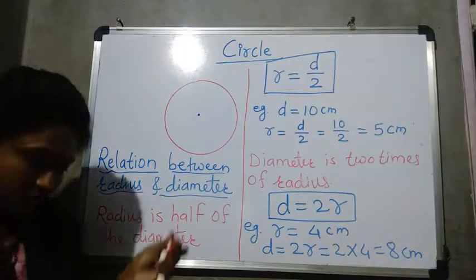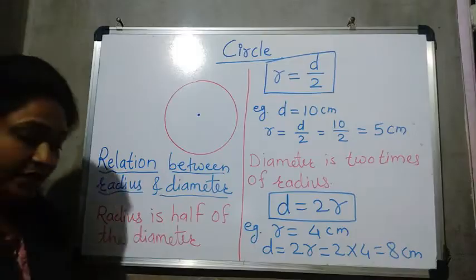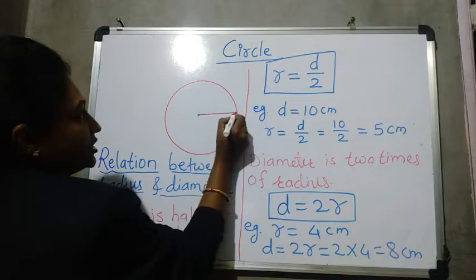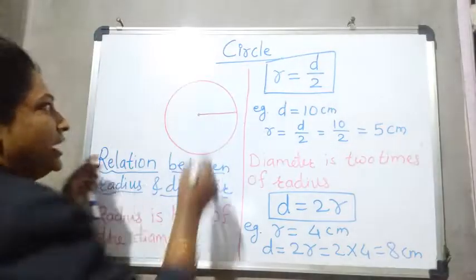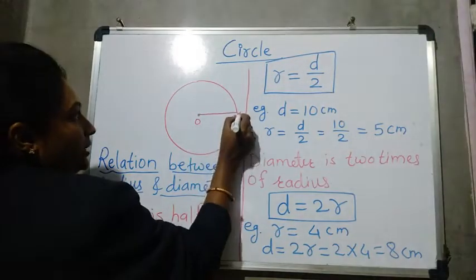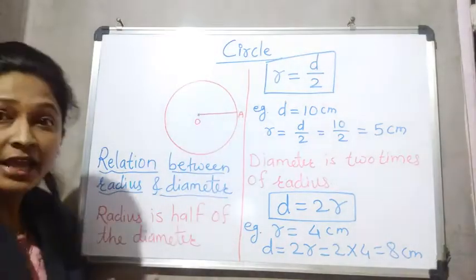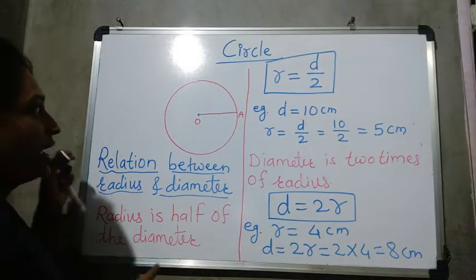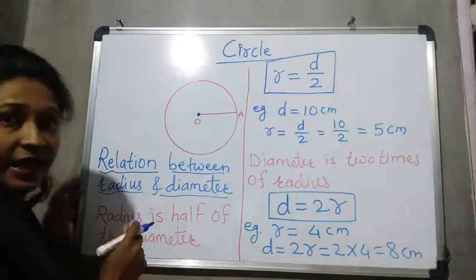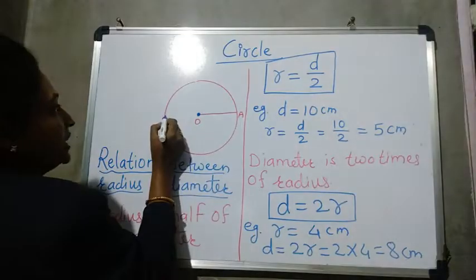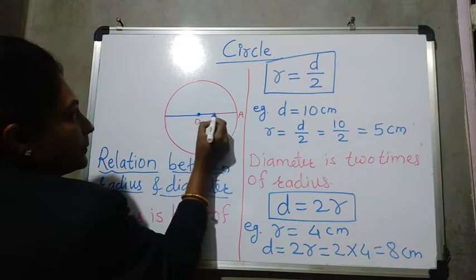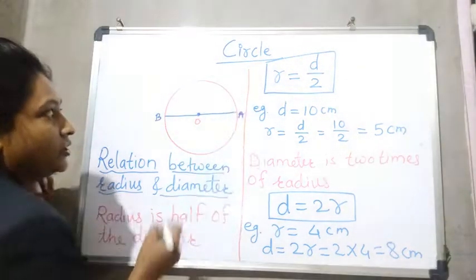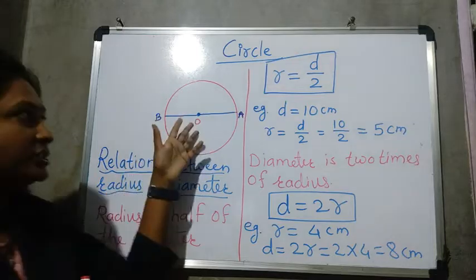Now see, students, you will understand what is the relation between radius and diameter. Radius means the line from the center of the circle to the boundary of the circle. This is your radius. I can give here the name OA. Okay, OA is a radius. Now, what is the diameter? Diameter means the line which passes through the center of the circle and joins 2 points of the circle. We can draw a line like this, and I am giving it A, B. Now you just tell me what relation you can find in this.